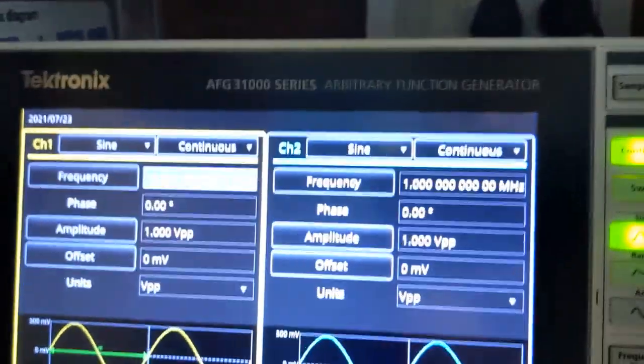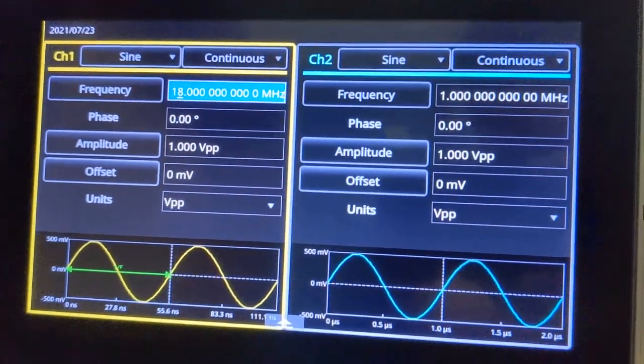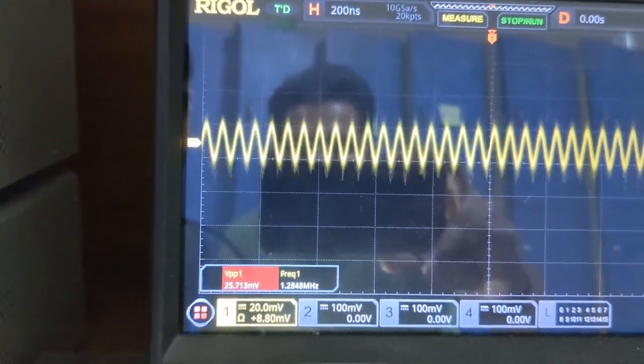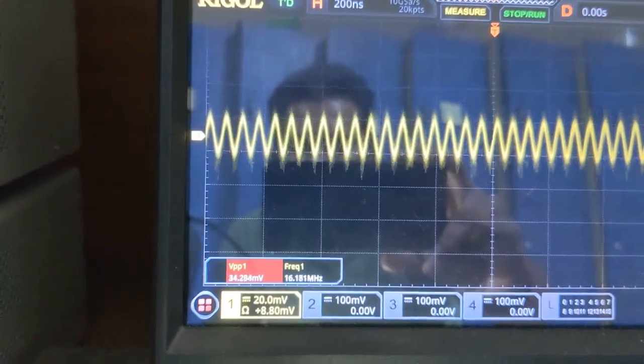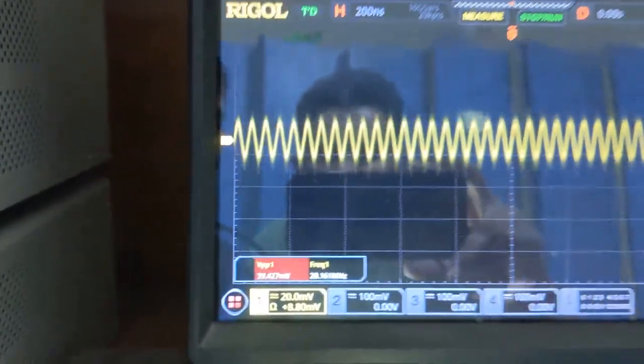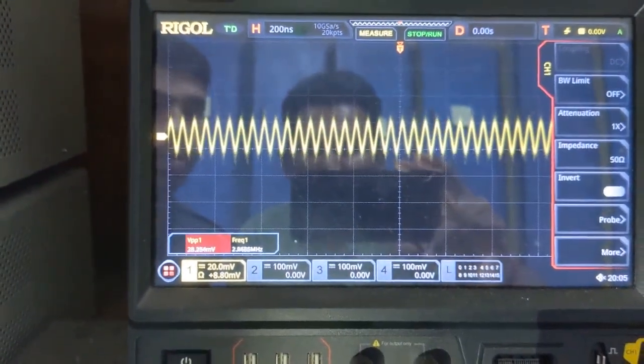And at 18 megahertz it is again nearly 37 millivolt peak to peak, and at 20 megahertz I am getting 35 millivolt peak to peak.